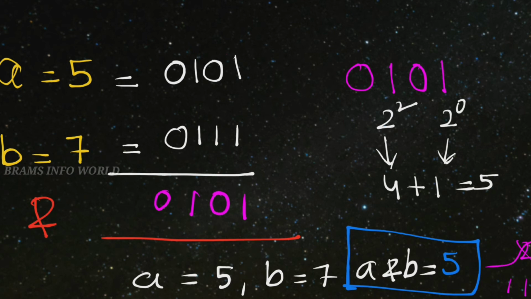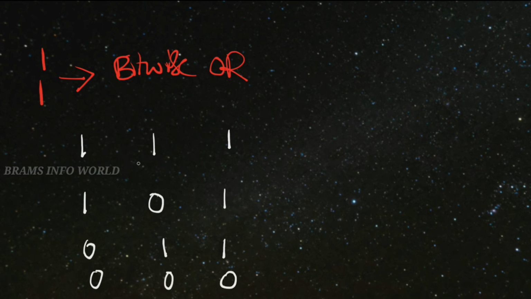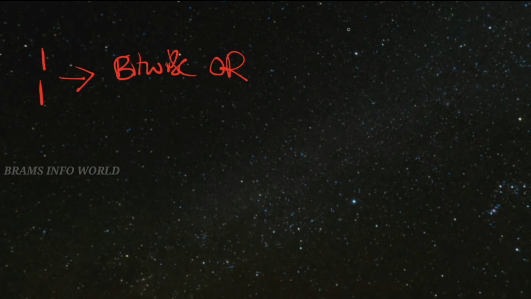Right? Let us go for the example of bitwise OR. See, bitwise OR means the operator is the OR operator like this. We are writing it manually like this. This is called the bitwise OR operator. So for bitwise OR: 1 1 becomes 1, 1 0 becomes 1, 0 1 becomes 1, 0 0 becomes 0. If any one input is true, the result is true. Based on this, let us calculate the values. We take the A value as 3 and the B value as 6.